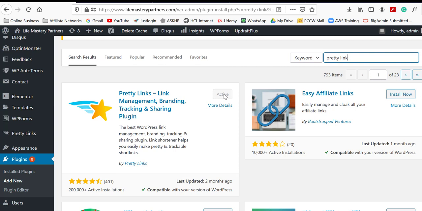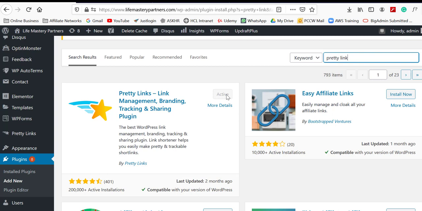Install and activate it. I already installed it. It is showing active. It also has a tracking feature which helps us to know how many visitors clicked our link and how many of them are unique. Now let me show you how to cloak our links with Pretty Link.